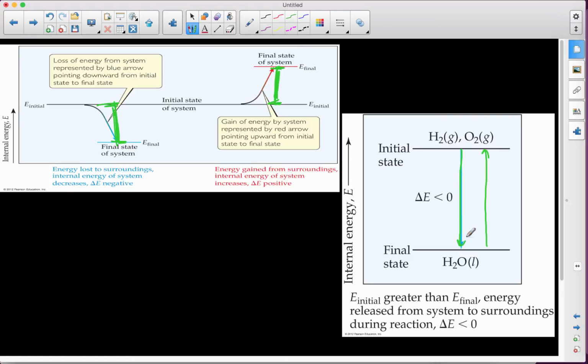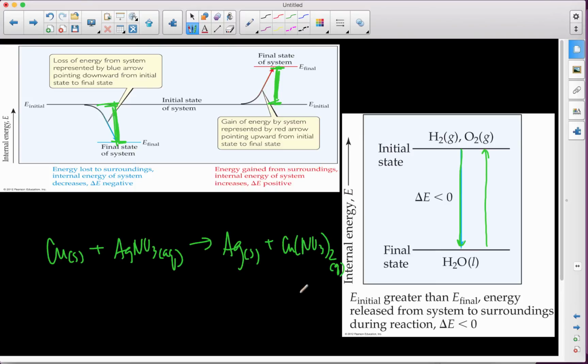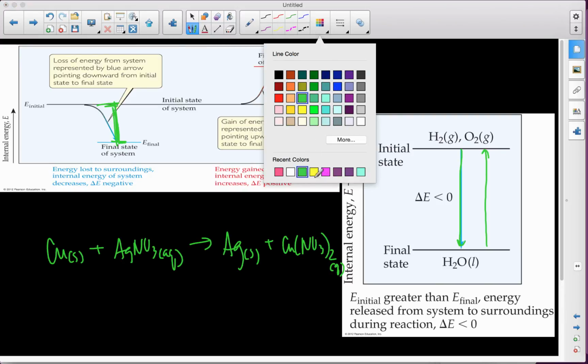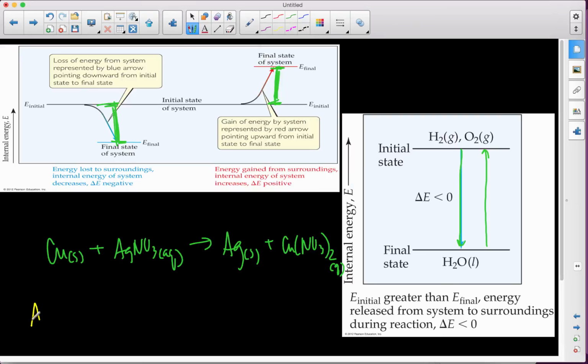Good. Which is why, when we look at a reaction that happens in one direction, it won't necessarily happen in the other direction. Flashing back to the last demo we did in the previous chapter, we took a piece of copper and added it to some aqueous silver nitrate, and then we made some solid silver and some aqueous copper nitrate. Now, this reaction happened all by itself. This turned into this and we made some solid silver. Bearing that in mind, what we should be able to extract from that is what would happen if we then took some solid silver,